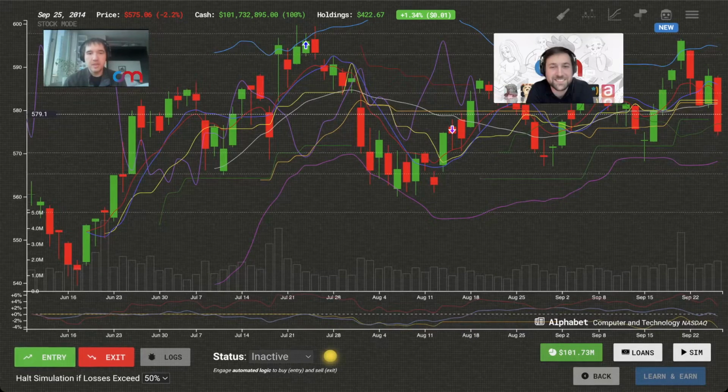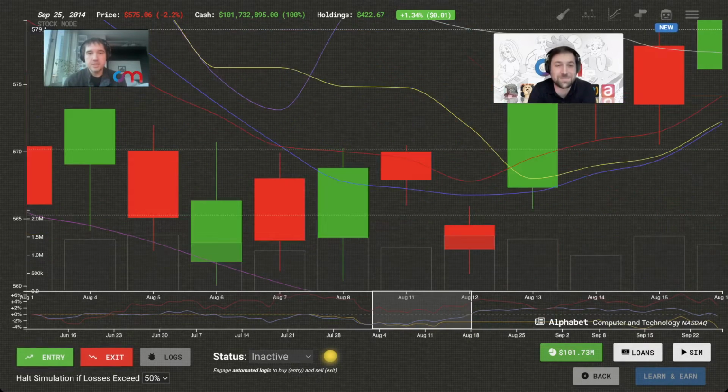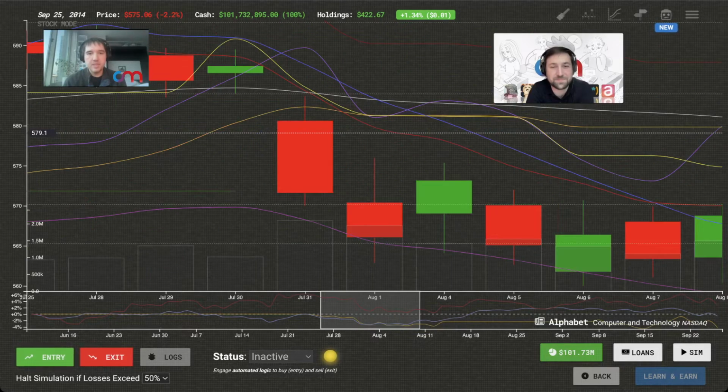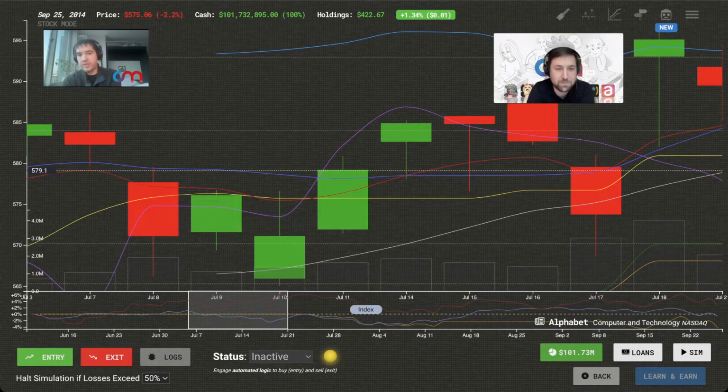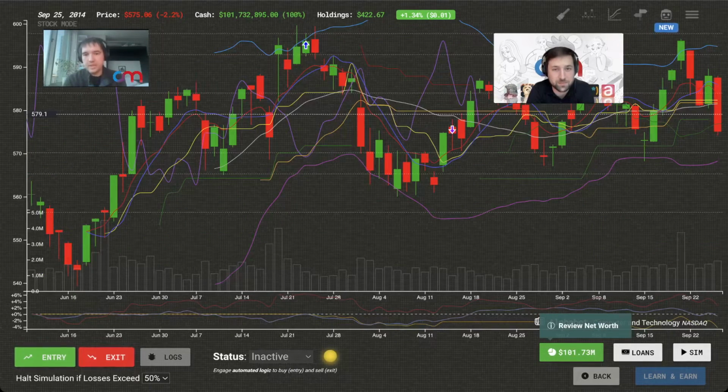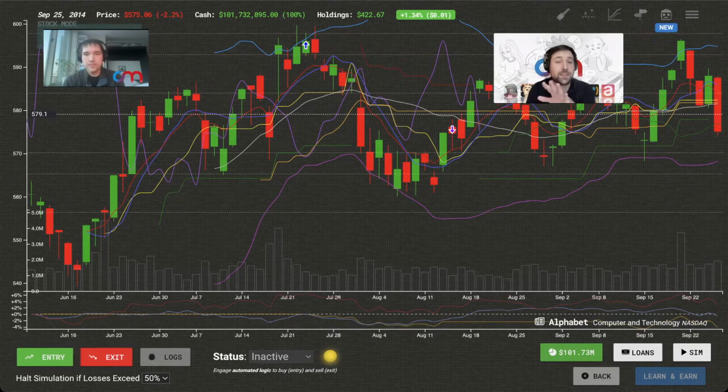We have a brush that lets us zoom in to different periods of time within our asset. It's been revealed to us that Alphabet, Google, i.e. Google, is our mystery stock that we had been trading on this whole time. Is that the stock that you're trading on throughout the whole game, right? It changes. There are more than 5,000 different stocks that you are given at random. Yep. And some of them last up to periods of 40 or 50 years. And when one stock ends, you're simply given another random one.